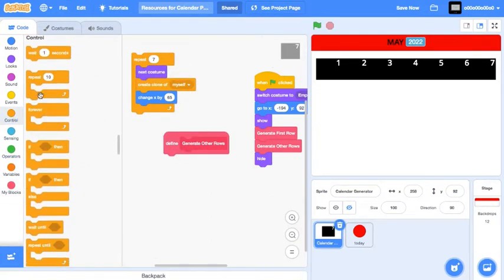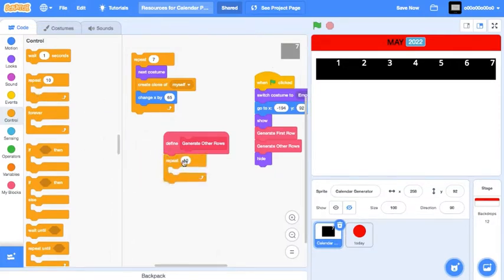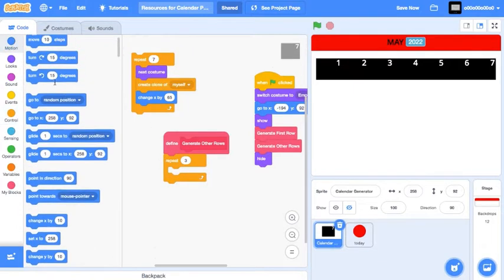Let's bring in a new repeat block, and let's make it repeat 3 more times. Every month has at least 4 weeks. Sometimes there are 5. So repeat 3. We already did the first row. Now this is the next 3 rows, and we'll change Y by 1.